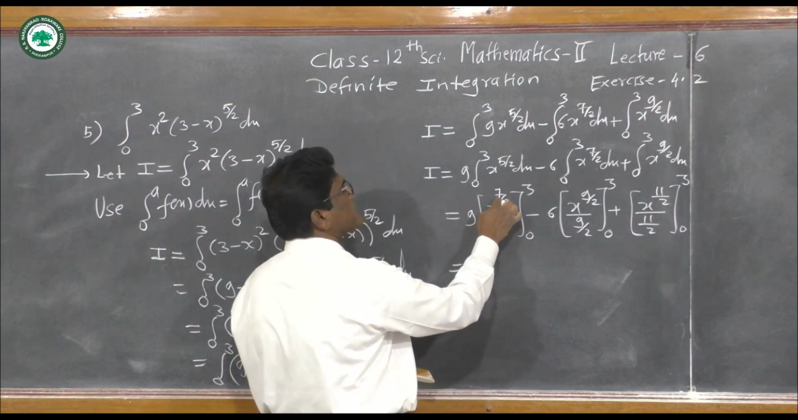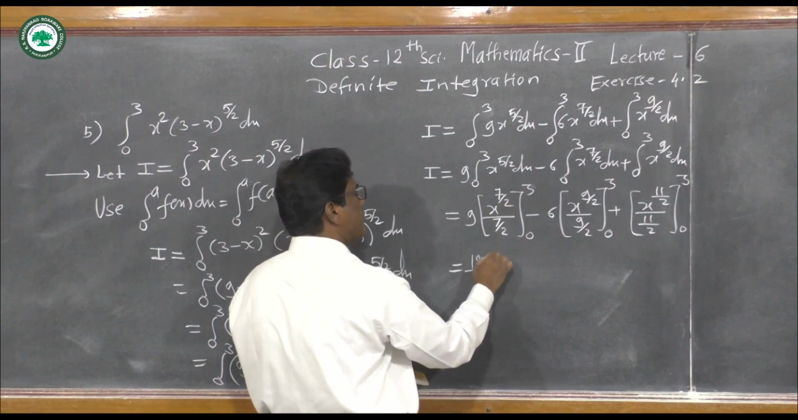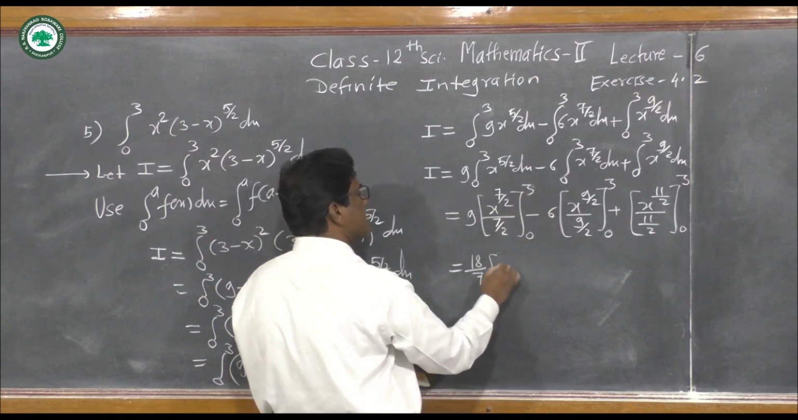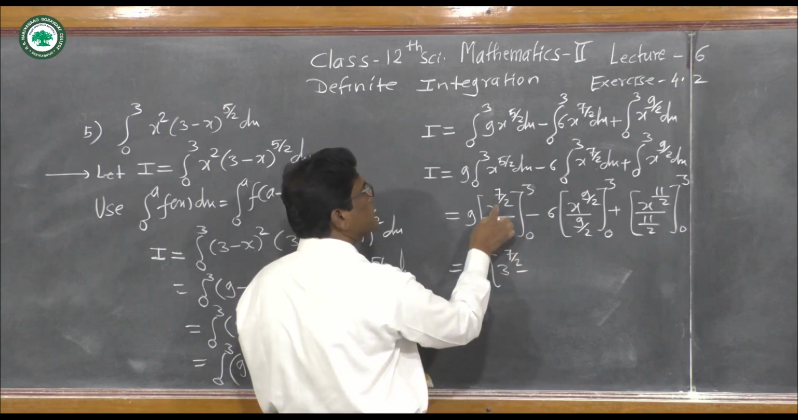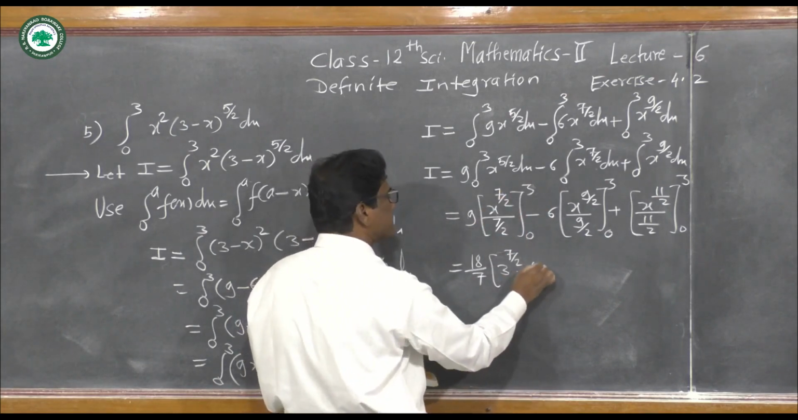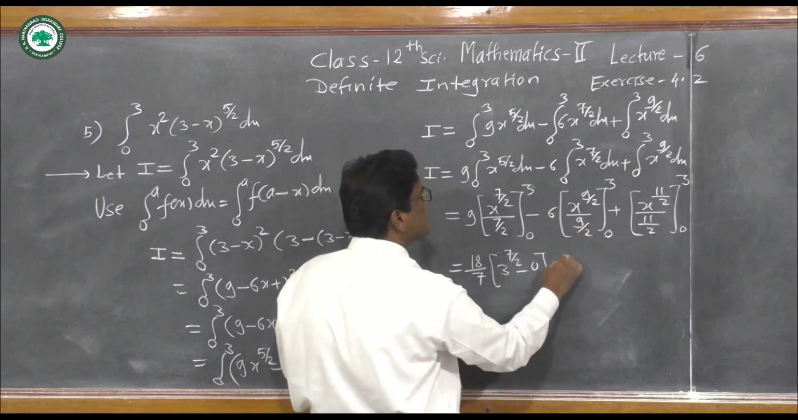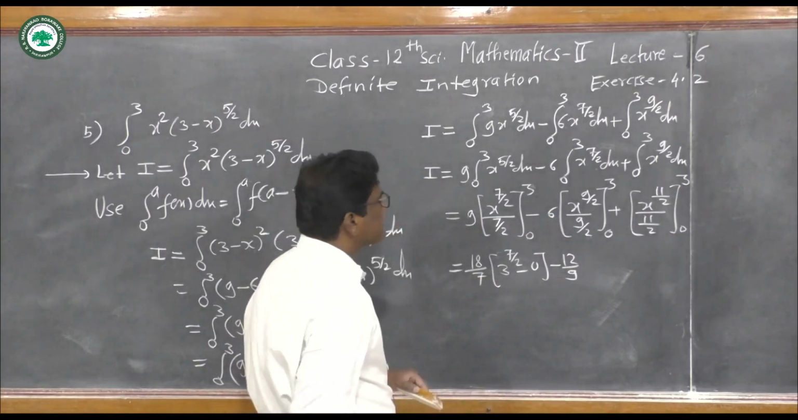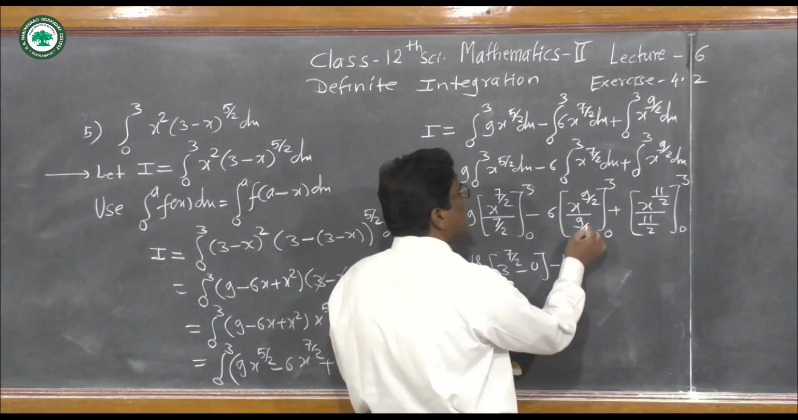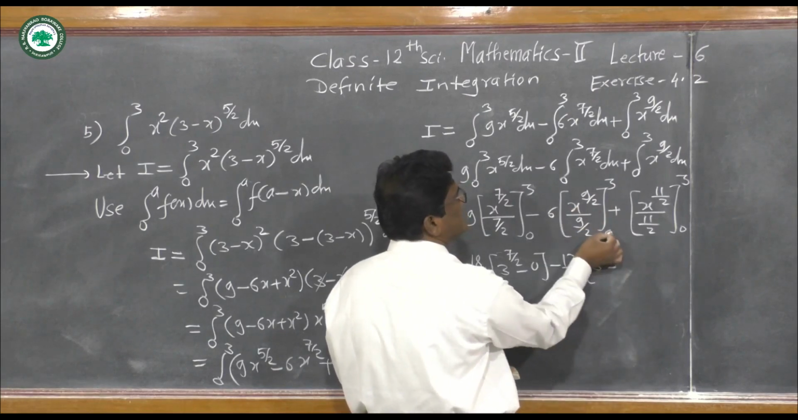now x to the power 7 by 2, 0 to 3, so we put upper limit 3, so x to the power, x is 3, so 3 to the power 7 by 2 minus x is now 0, 0 to the power 7 by 2, that is 0, minus here now this 6 into 2, that is 12 upon 9, 12 upon 9. Now put x as 3, so 3 to the power 9 by 2 minus x as 0, it is